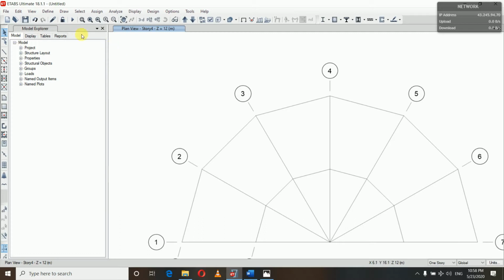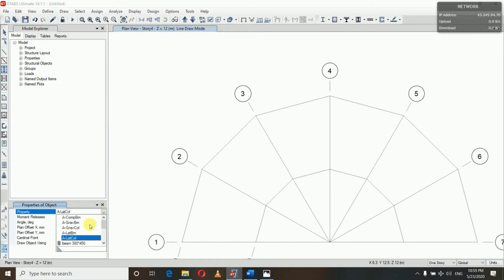Now I've already defined my beams and columns. Now we will start by assigning our columns. To draw the columns, you can see here is Quick Draw Columns, Plan 3D. Now go to the property. In property, we have defined our column here, 400 by 600. Select it, and in the angle degree field, you can see,